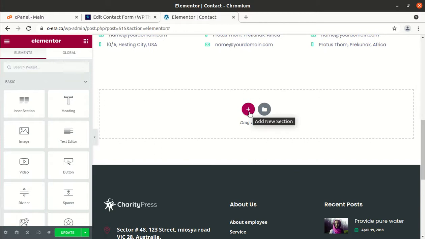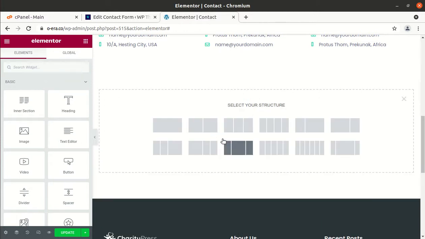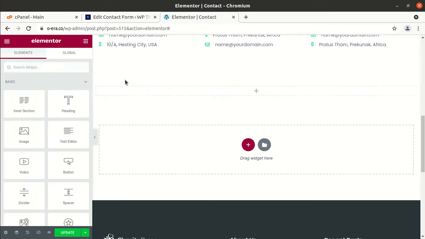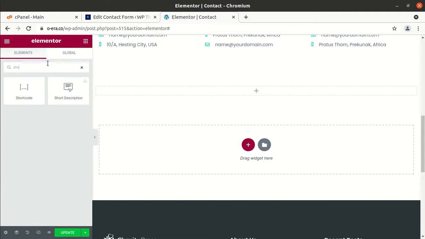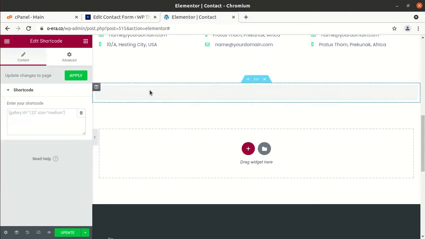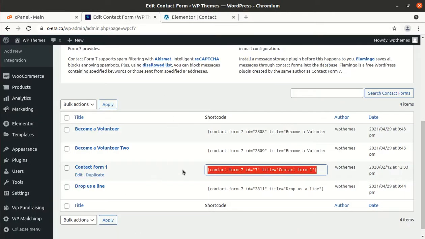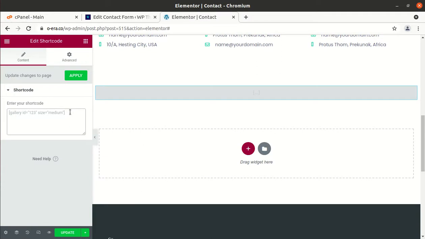We can select a structure, it might be a full page, and here we can add a shortcode option, and in the shortcode we can put the value of Contact Form 7, that means the shortcode value of Contact Form 7, for applying the contact form particularly.